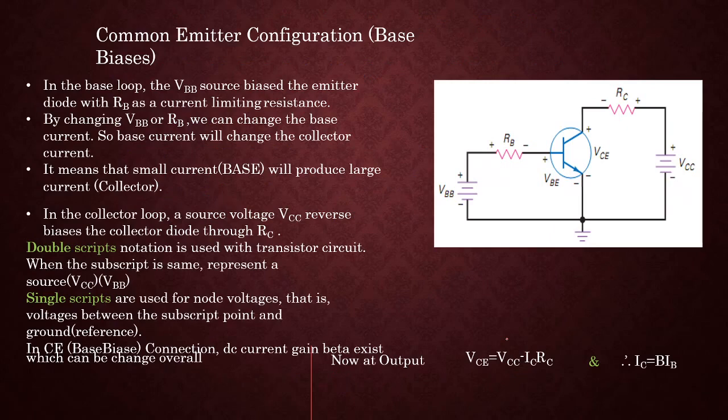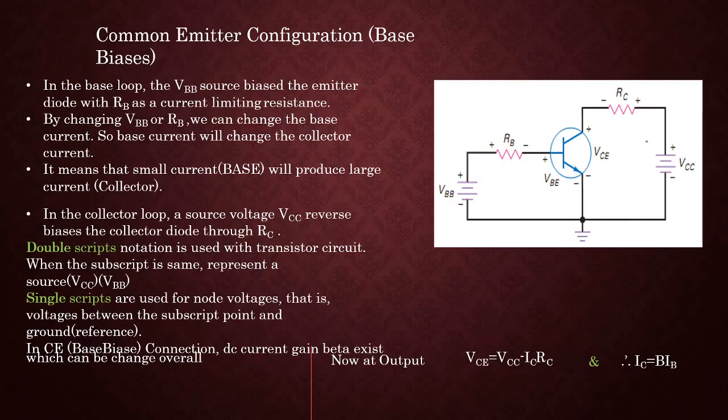So now, considering the supplies and resistances, this is the practical circuit for the common emitter configuration, with the supply voltages and biasing. And why we are considering this circuit is that the CE configuration has a 180 degree phase shift with respect to the input. How it produces the 180 degree phase shift, we will observe now.